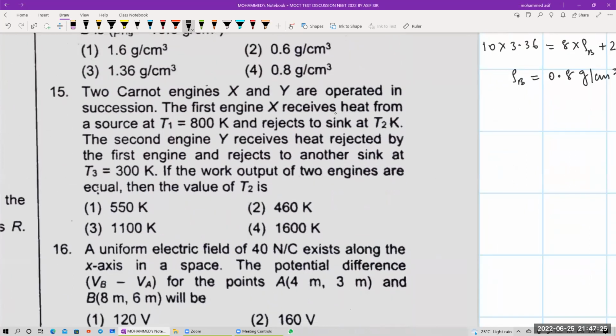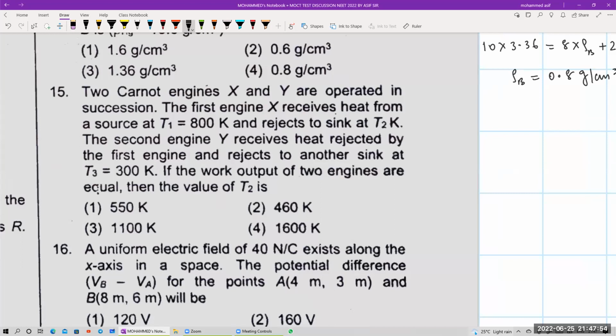Question number 15, look, beta. Carnot engines X and Y are operated in succession. The first engine X receives heat from a source at T1 equals 800 Kelvin and rejects to the sink at T2 Kelvin. The second engine Y receives the heat rejected by the first engine and rejects to another sink at T3 equals 300 Kelvin. If the work output of the two engines are equal, then the value of T2 will be equal to